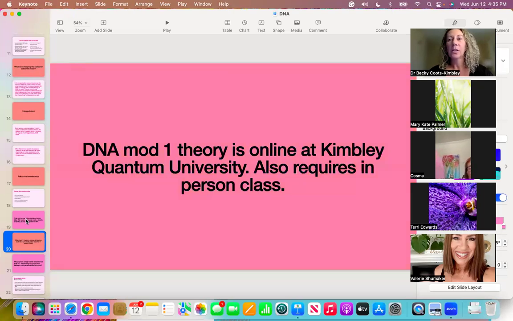The way this works is you will take the theory, if you want to learn how to do this, because this is, again, how I'm reading all the AO scan reports. You take the theory online, and then when you're ready to take the in-person, either Joseph or myself will offer an in-person class so that you can learn the hands-on technique part. So there's two parts to DNA Module 1. There is an online version where you take the theory and learn all the juicy stuff that we just talked about today. And then there's part 2 where you take that in person,